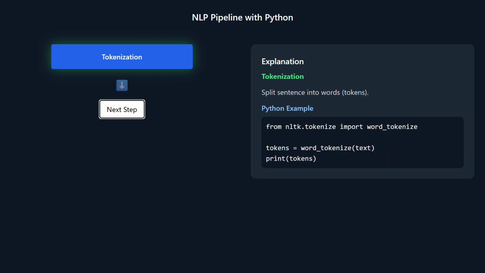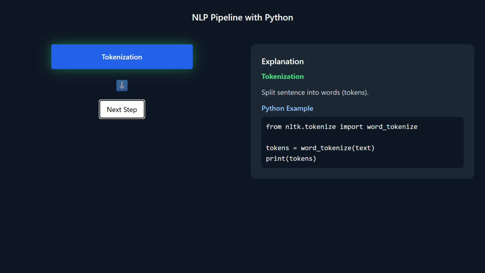So stage 2 is tokenization. The first NLP operation is tokenization. Tokenization simply means breaking a sentence into smaller pieces called tokens. Think of it like cutting a large pizza into slices. The sentence "book a flight to Mumbai tomorrow" gets divided into the tokens: book, a, flight, to, Mumbai, tomorrow. Why do we do this exactly? Because it is easier for the computer to analyze smaller pieces than one large sentence.